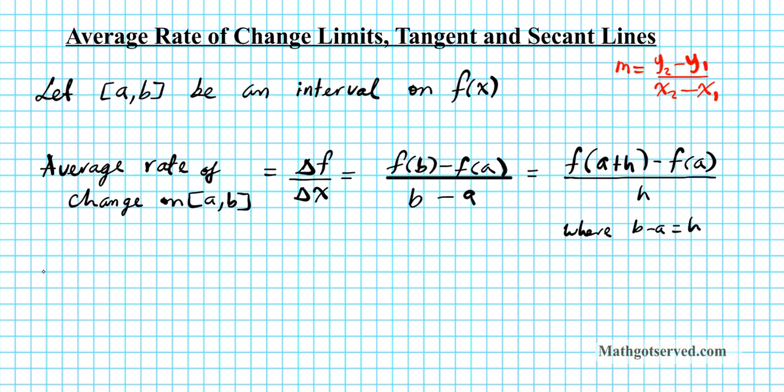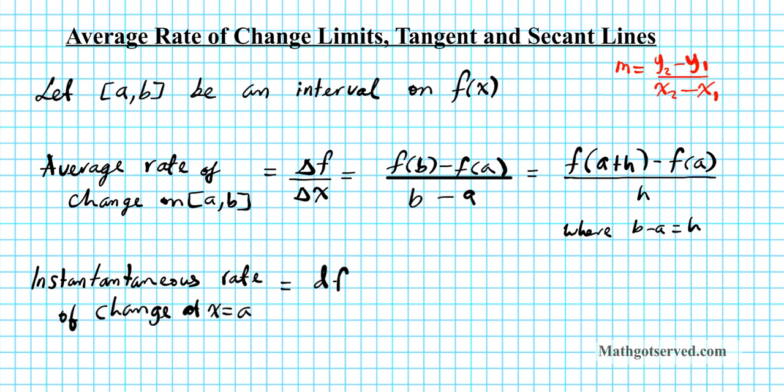And then the other formula that I'd like you to know about is the instantaneous rate of change. The instantaneous rate of change is a change at an instant. So in this case, we have to peg our x value to a point. So instantaneous rate of change at x equals a is basically given by df dx. Okay, df dx. This is going to be evaluated at x equals a, and this is equal to the